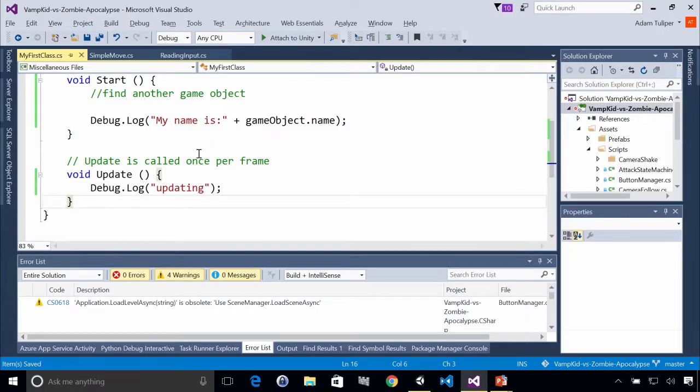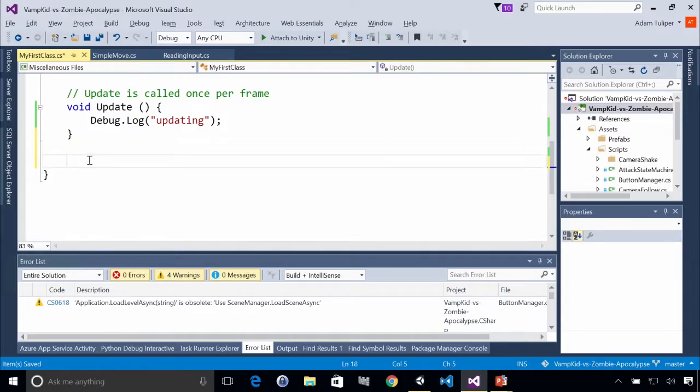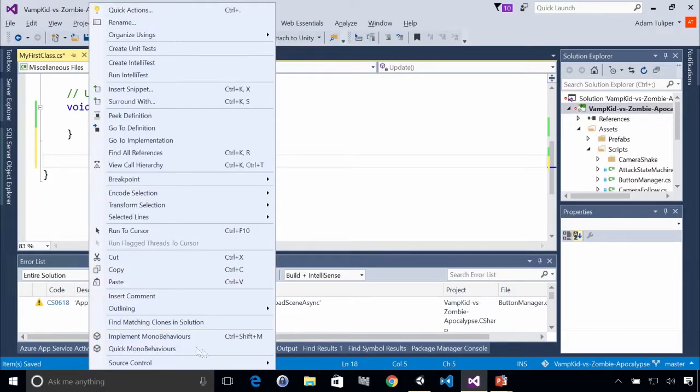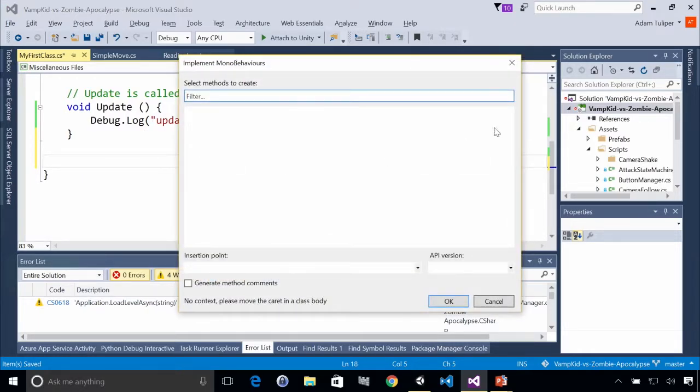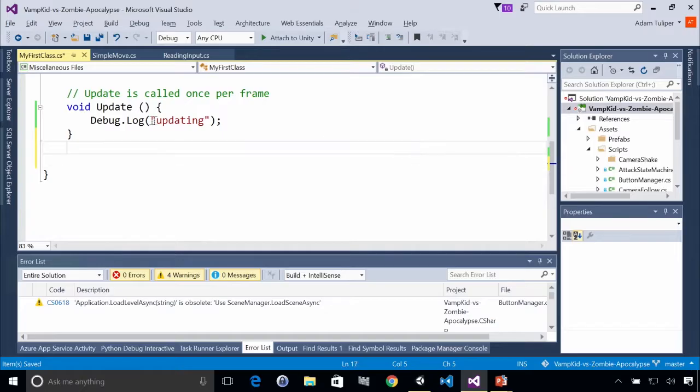Now, for all the various code methods that you can use, using Visual Studio tools for Unity, it's easy to complete our methods for us. So if you forget the Unity-specific methods, you can right-click and either say Implement MonoBehaviour or Control-Shift-M. And that will show you the whole list of Unity-specific methods that this will understand here. And I think because I know what I did,